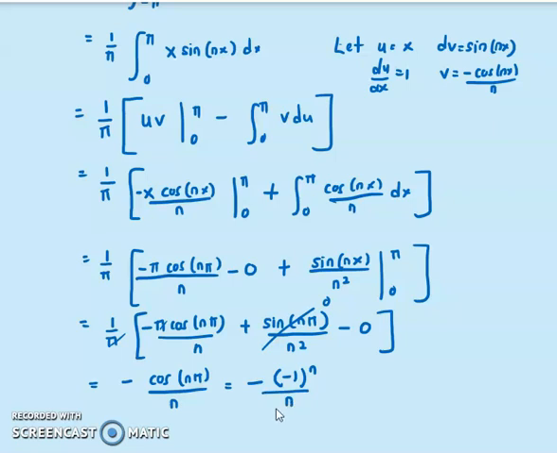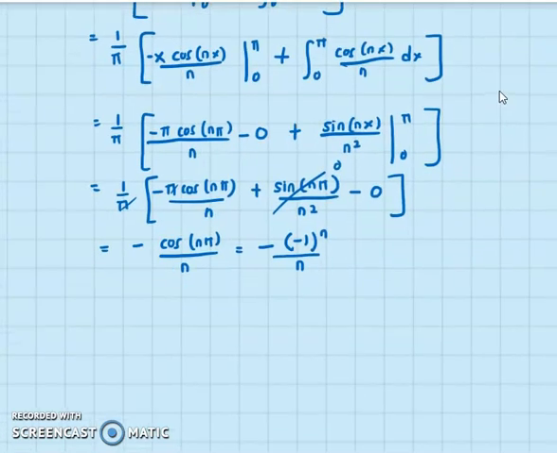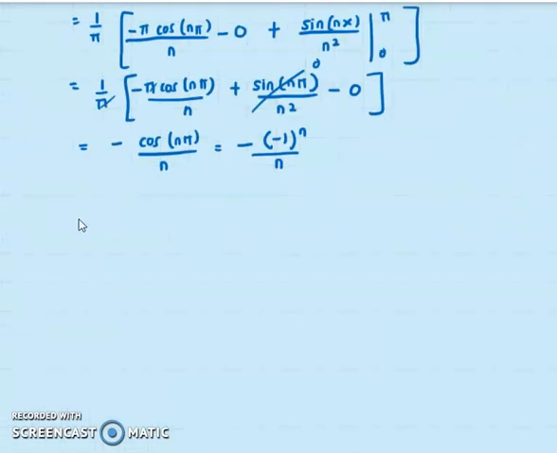Okay, so now we have obtained this answer. That depends on what is my bn. So now what we got to do is put it into my f(x). So what is my f(x)? So my f(x) equals a naught plus the summation n equals 1 to infinity of a n cos